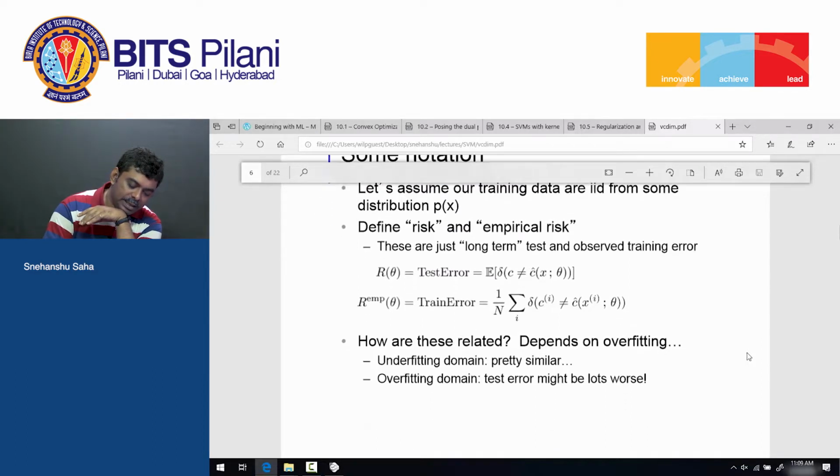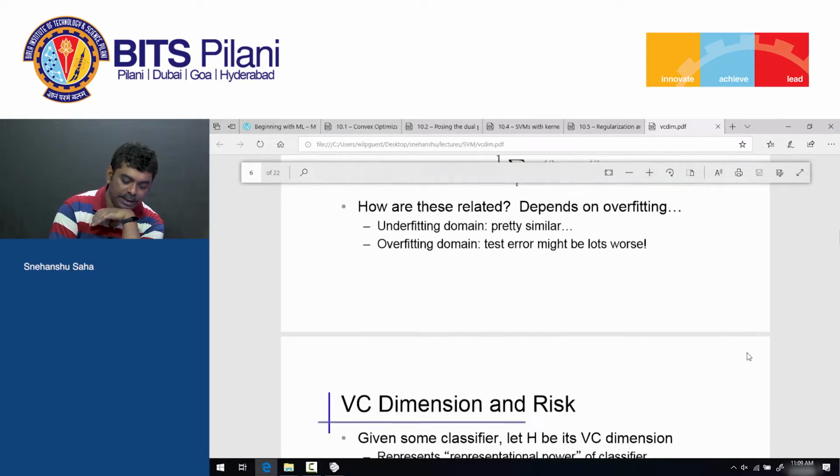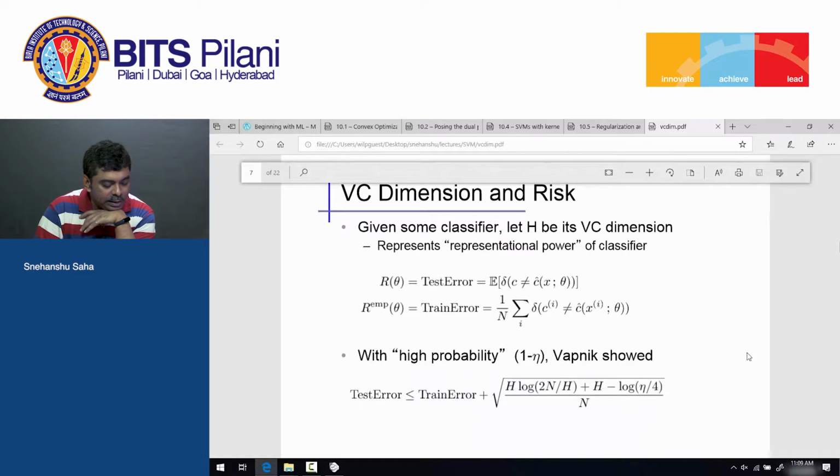Because the test error here could be much worse, right? It's much worse than the training error. So the idea is, given some classifier, and let's say the classifier has some VC dimension, with a high probability 1 minus sigma, Vapnik showed that the test error is bounded by